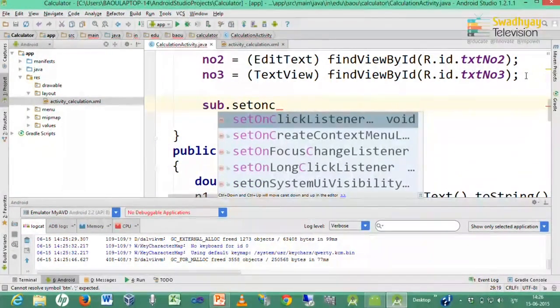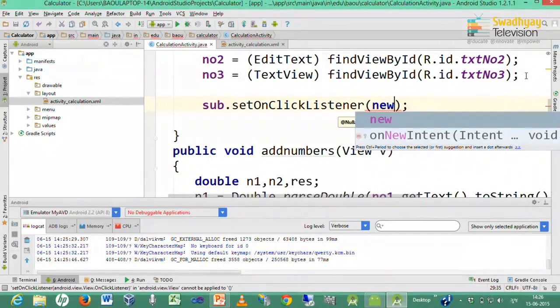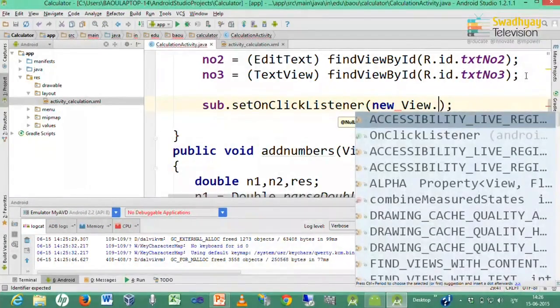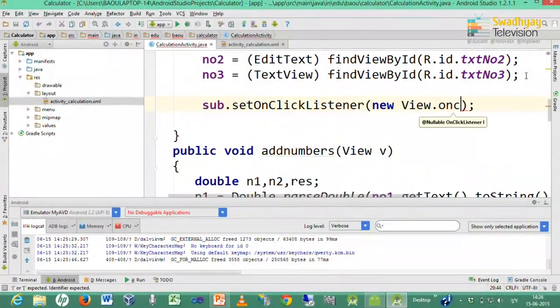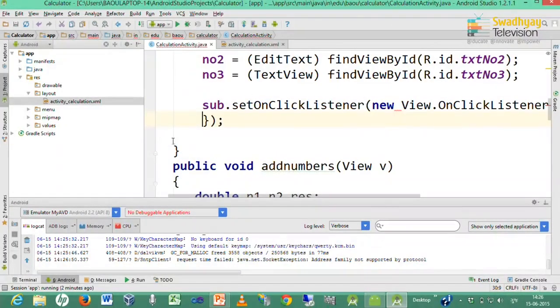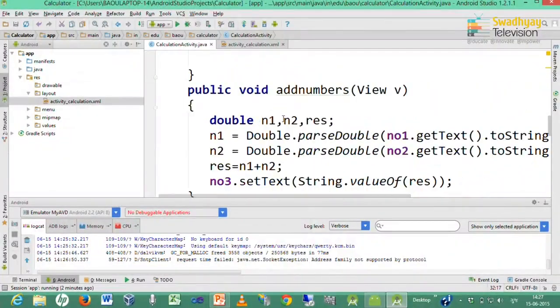So, we learned about listener in last lecture, that these listeners are used to handle click event. Set on click listener. So, inside that we write down new view dot on click listener, and it will write down code for you. So, here in on click method you have to write down same thing that you write down inside this on click